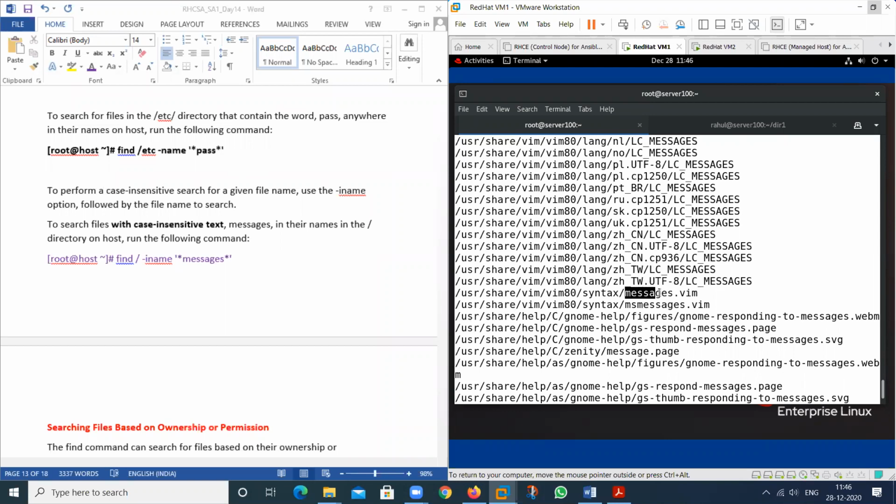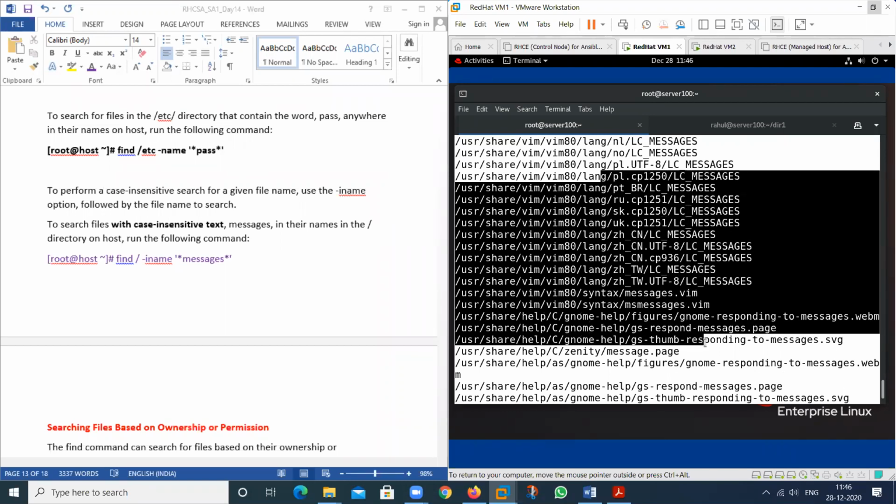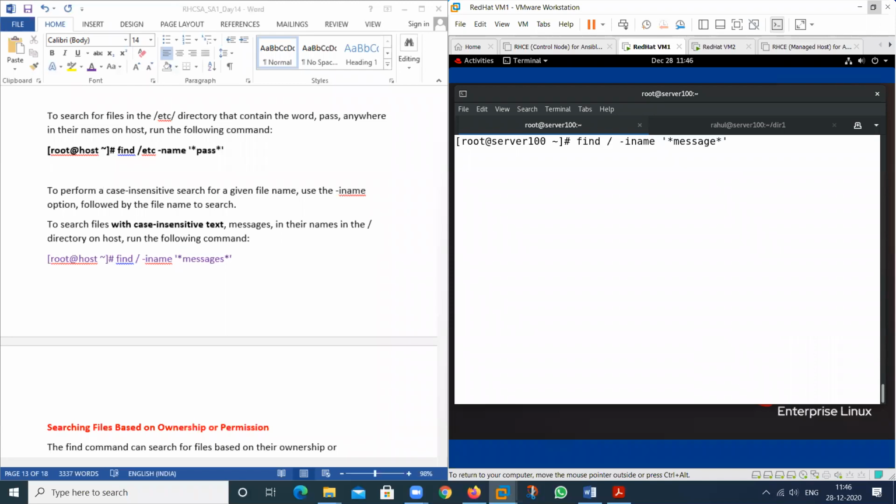So we can use small letter, we can use big letter. It means by default Linux reads the case sensitivity, but this time it will ignore the case sensitivity. So by using which particular option? This one. So this is the option that ignores the case sensitivity. So we can use this particular command. So this is the concept related to the find.